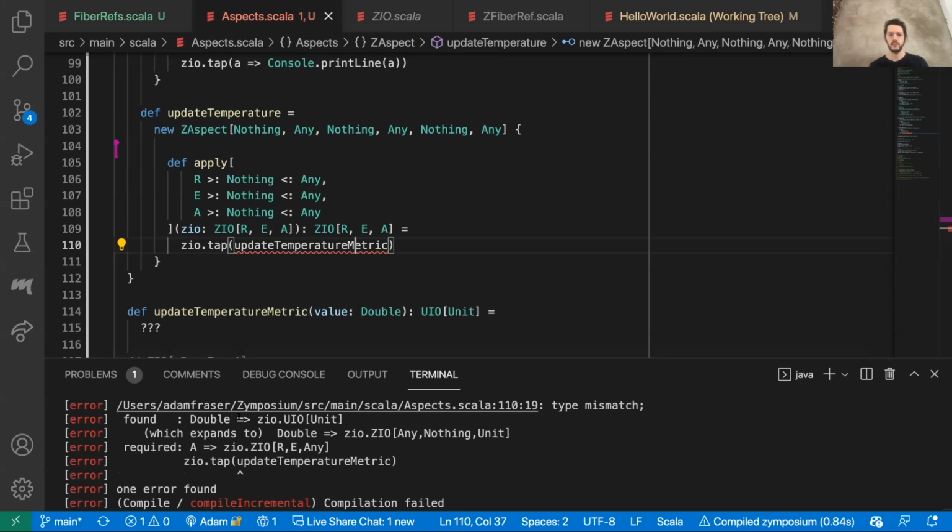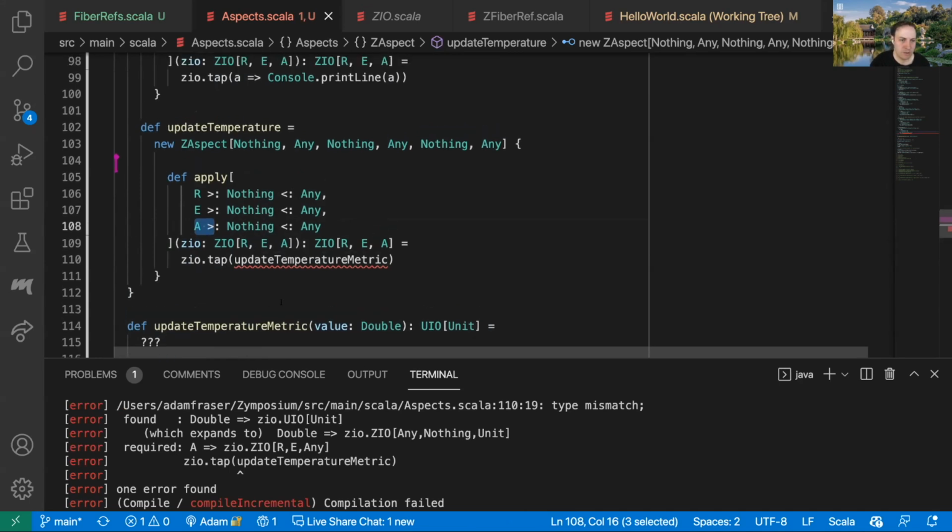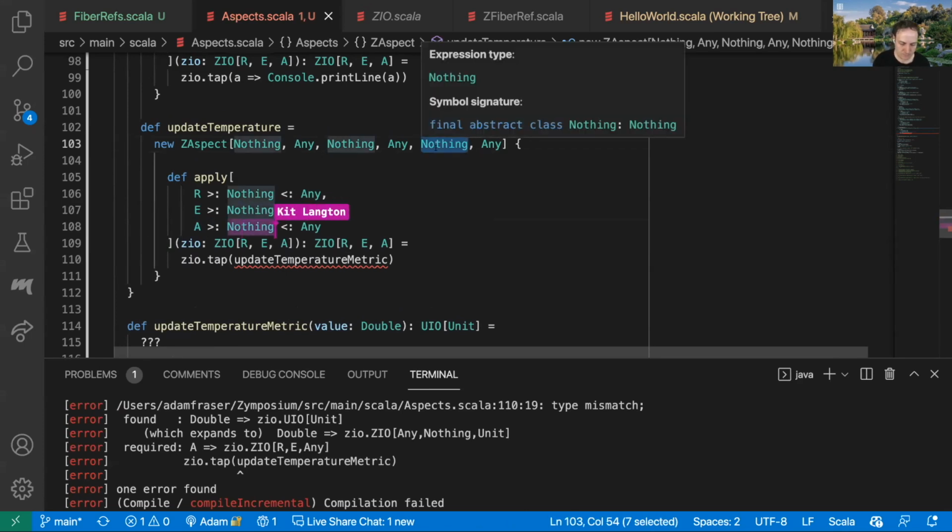And here we're getting another error. The error is saying this update temperature metric is a function that expects a double, but all we know is that this thing is an A. So let's try doing it with just the lower parameters. So we could try saying,